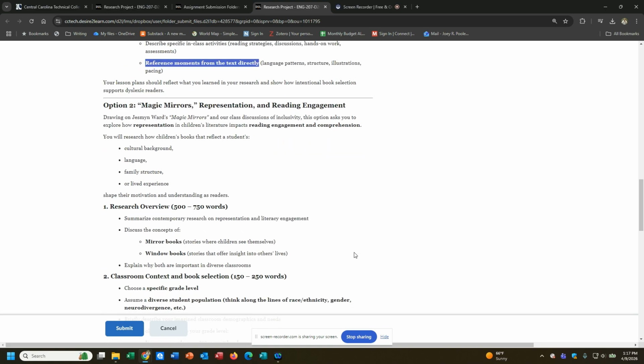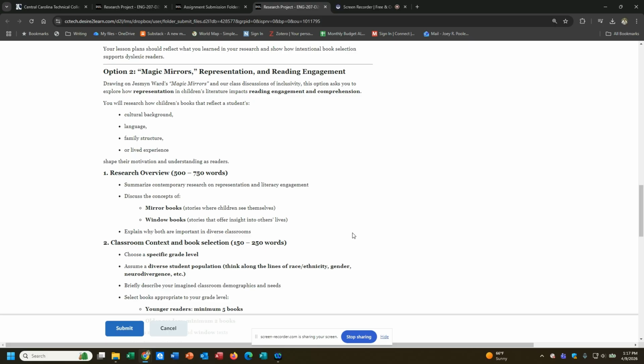If you choose option 2, you're going to be thinking back to Jessamine Ward's Magic Mirrors essay that we read way back in the beginning of the semester. And if you recall, that was about the importance of inclusivity and representation in children's literature. So for this one, what you're going to want to do is to